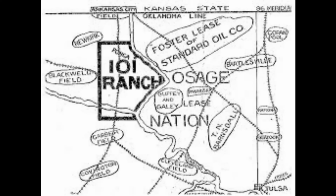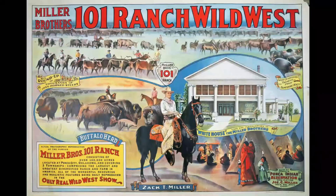Ponca City's economy and history has been predominantly influenced by the petroleum industry. E.W. Marland was a lawyer and oilman who moved to Ponca City in 1908 from Pennsylvania, at which time he founded the 101 Ranch Oil Company when he entered into a leasing arrangement with the Miller Brothers 101 Ranch in Ponca City. In addition to being a focal point of the oil rush in northeastern Oklahoma, it was the birthplace